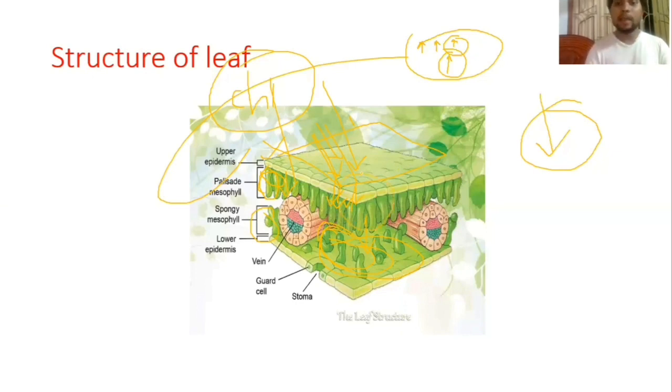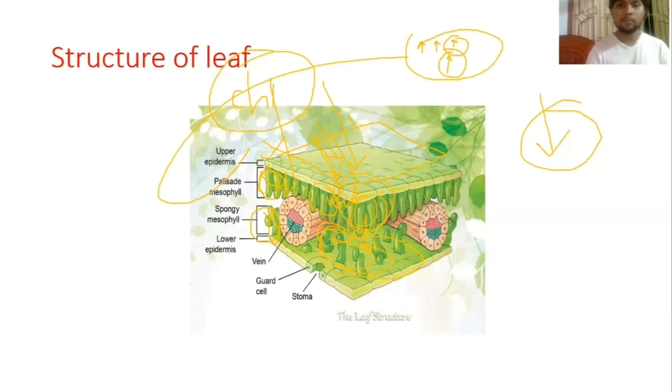the event that is happening in palisade mesophyll cell, the escaping of light from the palisade mesophyll cell, is known as the sieve effect. What is the sieve effect? Because of this sieve effect, spongy mesophyll cell gets a chance to absorb light. Okay, so the sieve effect is the cause of the light being absorbed by spongy mesophyll cell. Sorry, the sieve effect is shown in palisade mesophyll cell, not in spongy mesophyll cell.